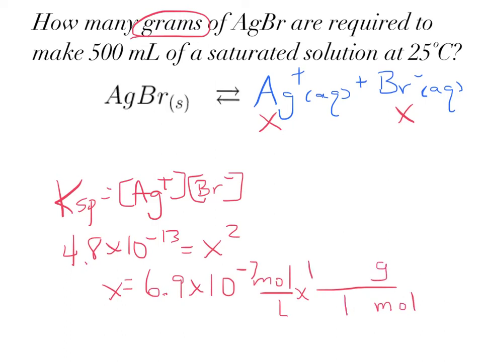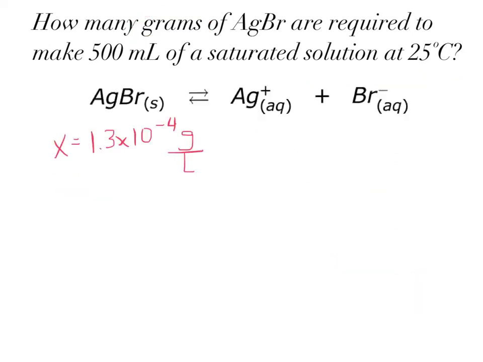So 1 mole is 187.8 grams, and if you multiply that out, you get 1.3 times 10 to the negative 4 grams will dissolve in a liter. So 1.3 times 10 to the negative 4 grams is how many will dissolve in a liter. But this question is asking how many grams of AgBr are required to make 500 milliliters of a saturated solution. So 500 milliliters,